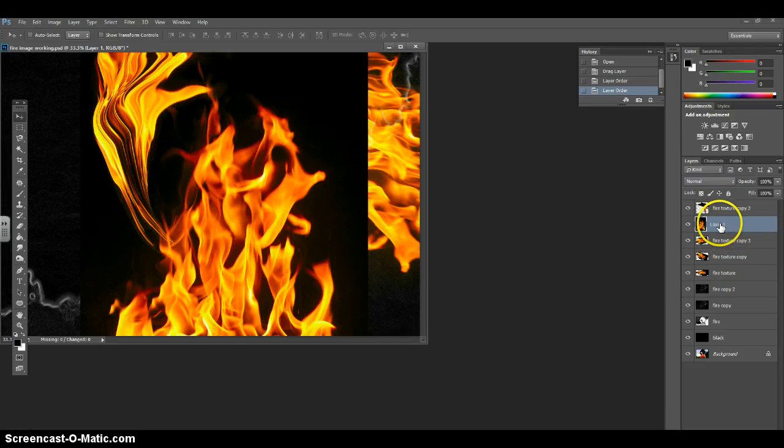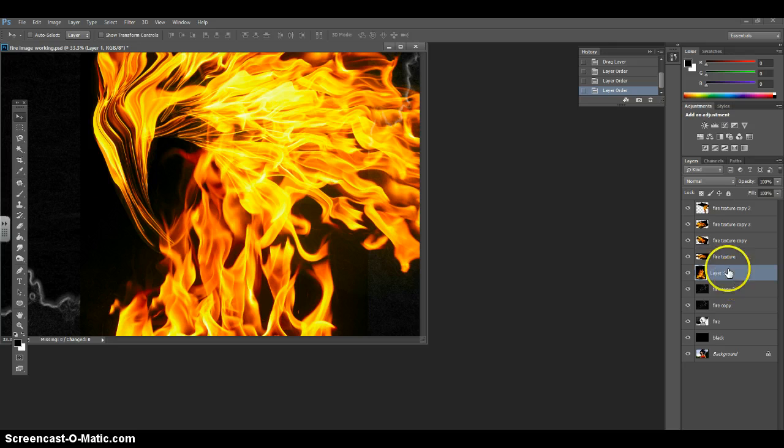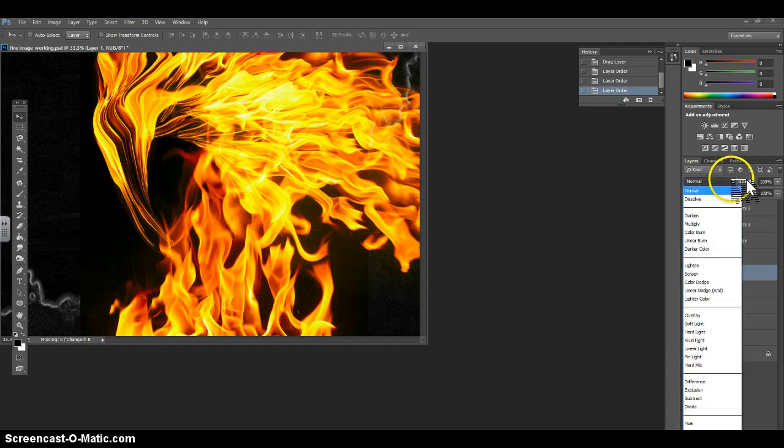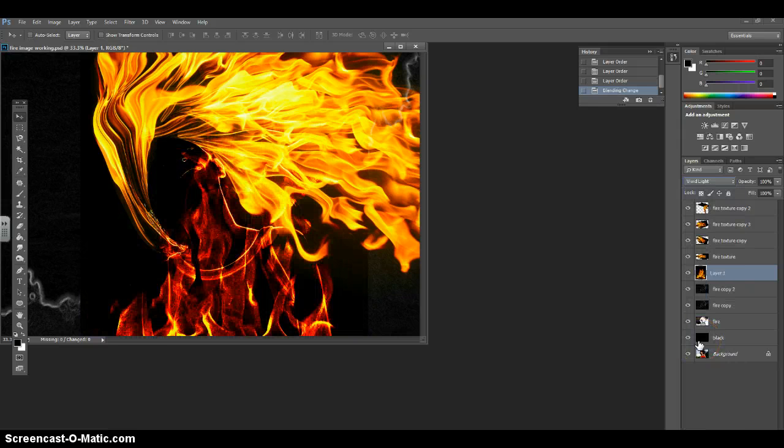Okay, I messed up. So I moved the wrong layer. So make sure you're moving the right layer. It probably says layer 1 because you renamed your other ones. And then again, just make sure that it is below your first fire texture. So it's the first one before the other ones that you did before. And then you do want to change the blending mode to Vivid Light. So you can see it's a little bit different. It still looks like you're on fire, but it has a different sort of feel to it than the screen